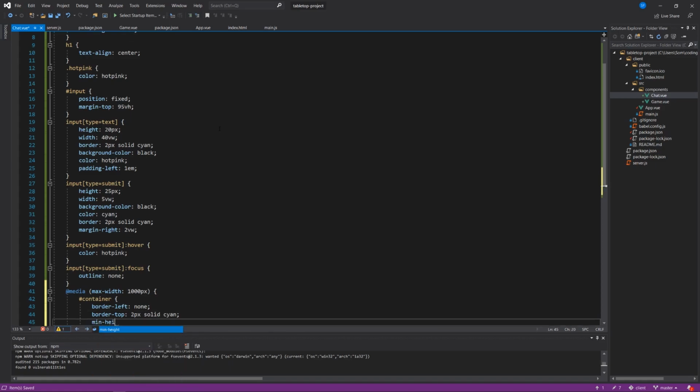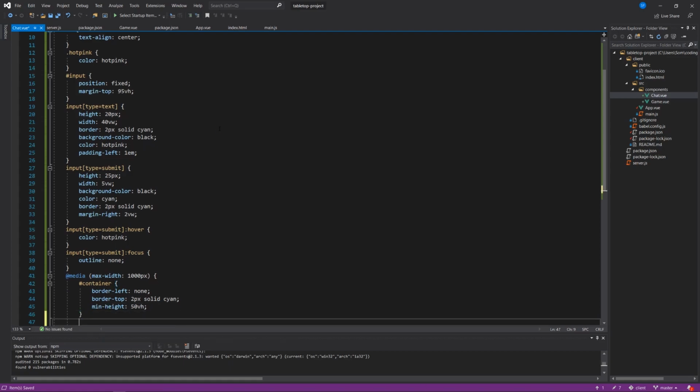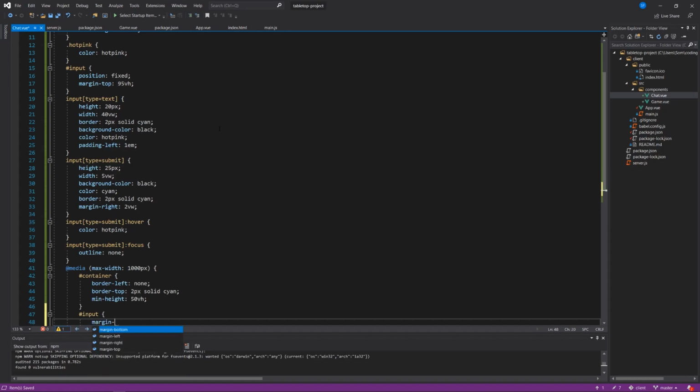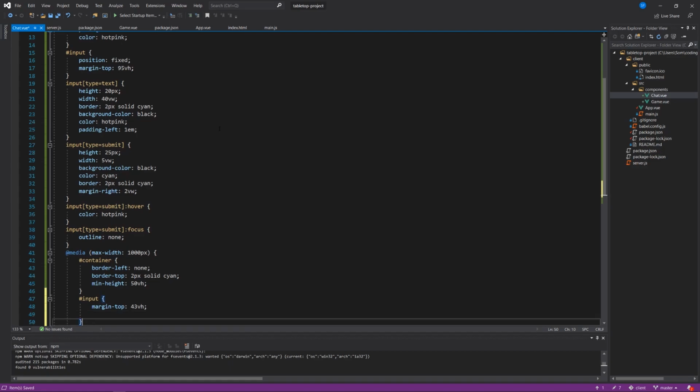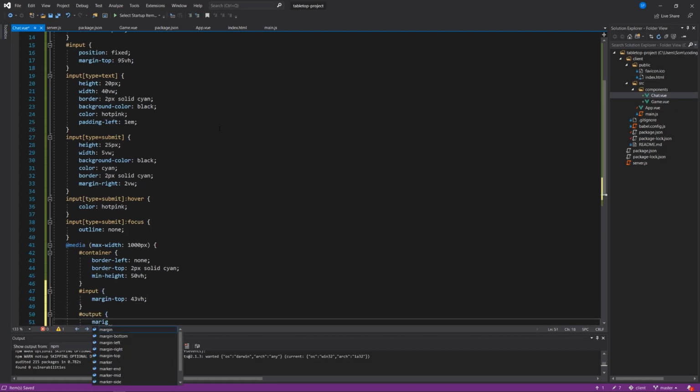And the minimum height should be 50 view height. The input section, we'll say the top margin should be 43 view height. The output section, the right margin should be 10 view width,